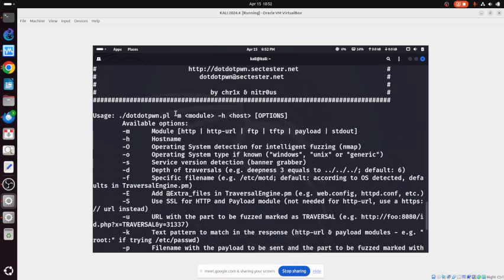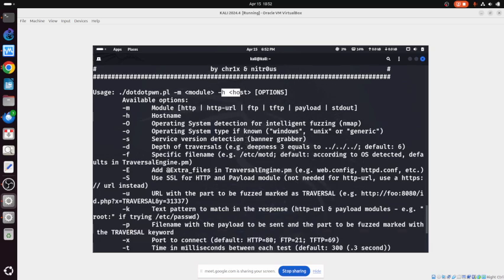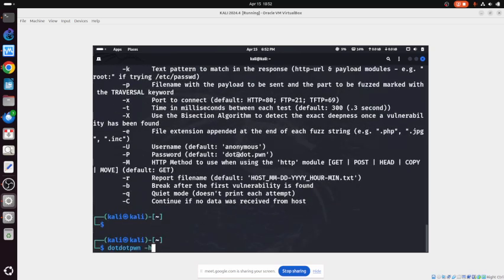Basically, we can specify the module, either HTTP, the host, and options. Now, let me see if I can do module HTTP, host 192.168.8.123.